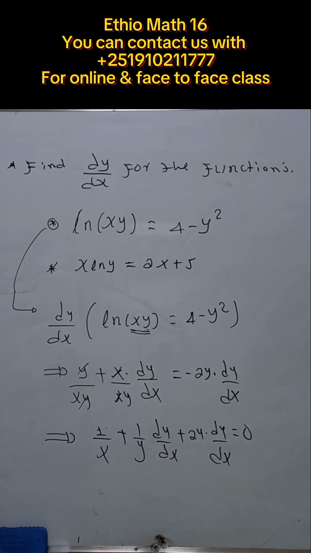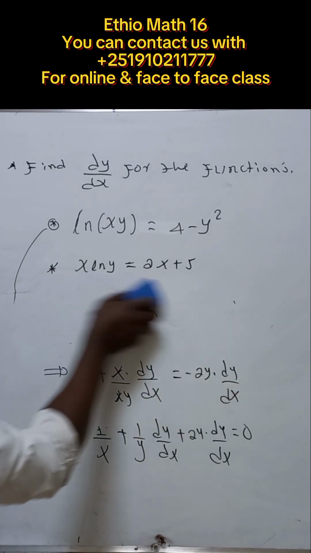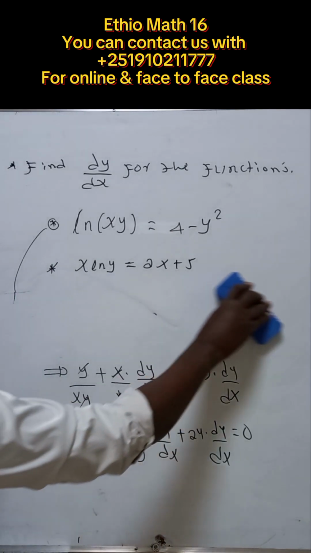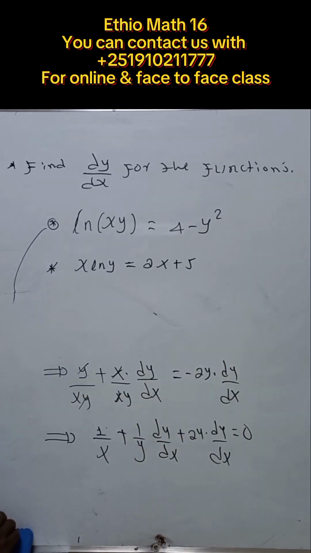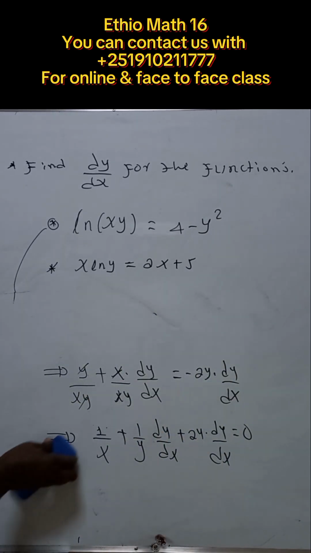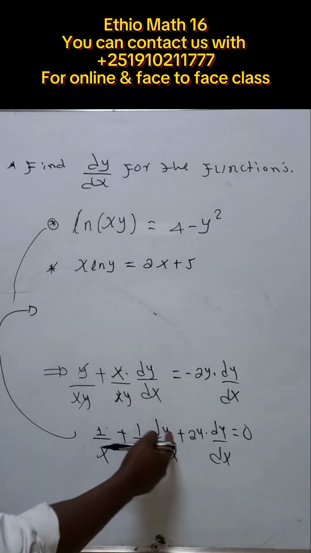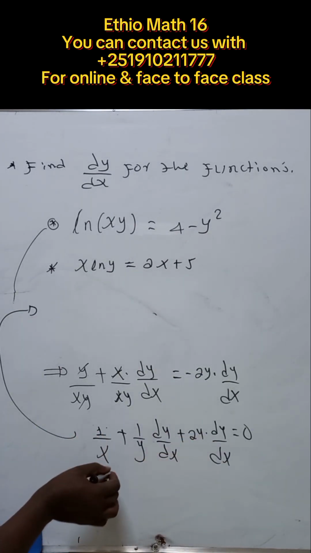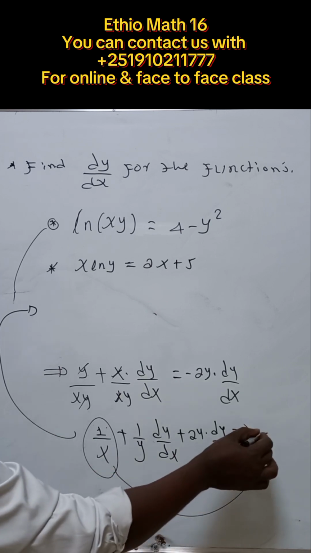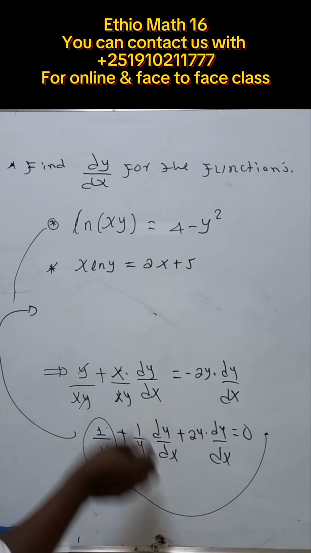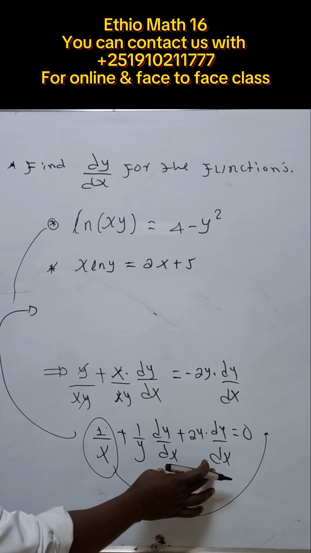So now this is the value. And then when we rearrange this problem, we can have this kind of value. Let's bring this here. So when we do this one, we have dy by dx common. And let's move this on the right side. When we move this on the right side, we have left this one on the left, and dy